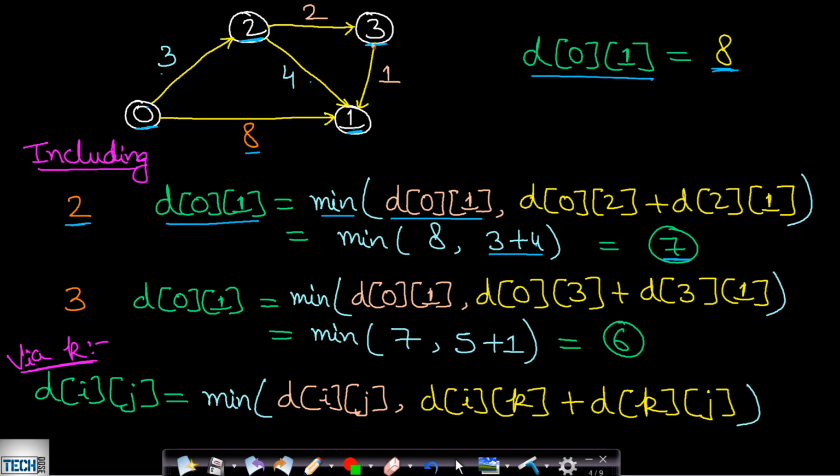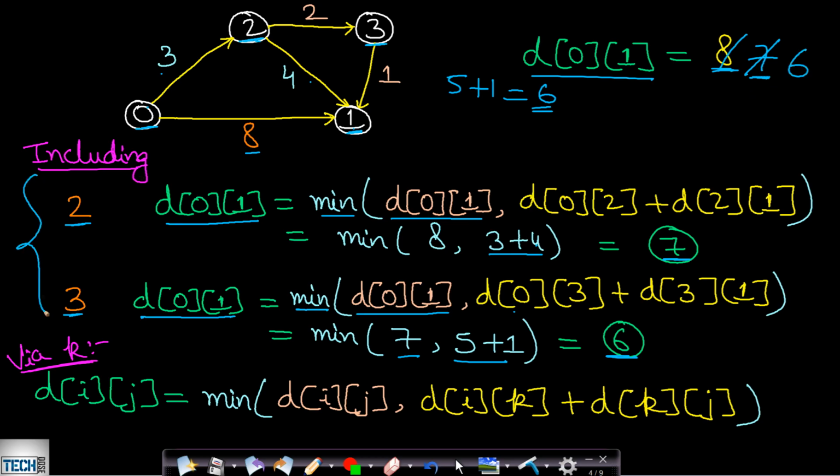Okay, now we will try to include the other vertices as well. So the other vertex is 3. On including 3, we want to actually find the shortest cost from 0 to 1. That will be equal to the minimum of the cost which is already stored, which in this case is 7 now, and the cost from 0 to 3 plus 3 to 1. From 0 to 3 the cost will be 3 plus 2, which will be 5, and from 3 to 1 the cost is 1. So the total cost will be 6 and the already stored cost is 7. So the minimum of 7 comma 6 will be 6. So this cost will again be replaced with 6.